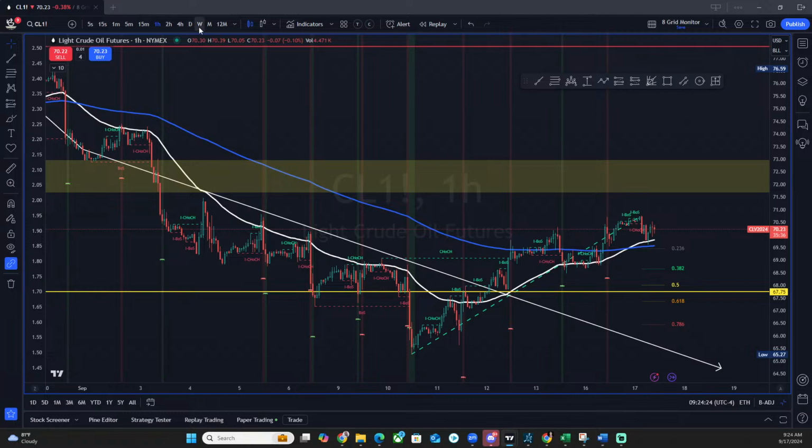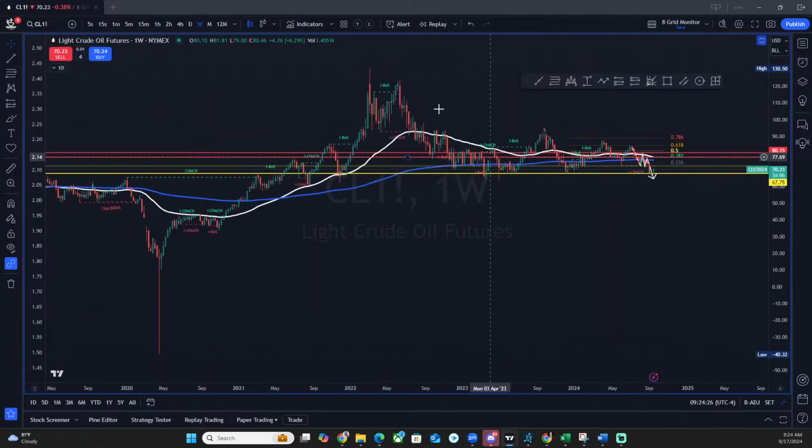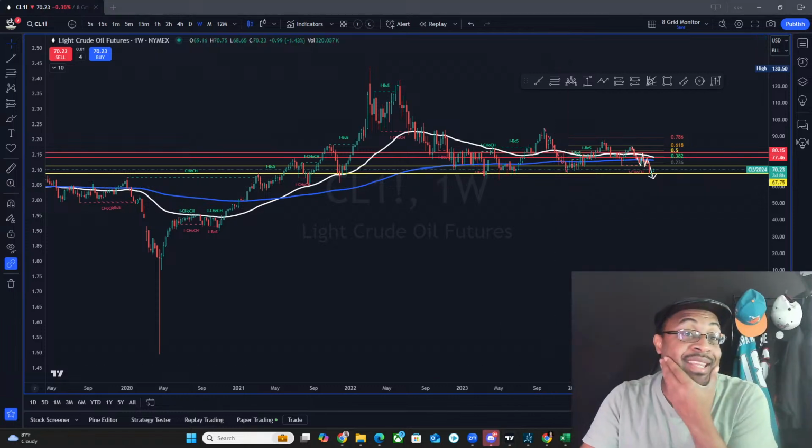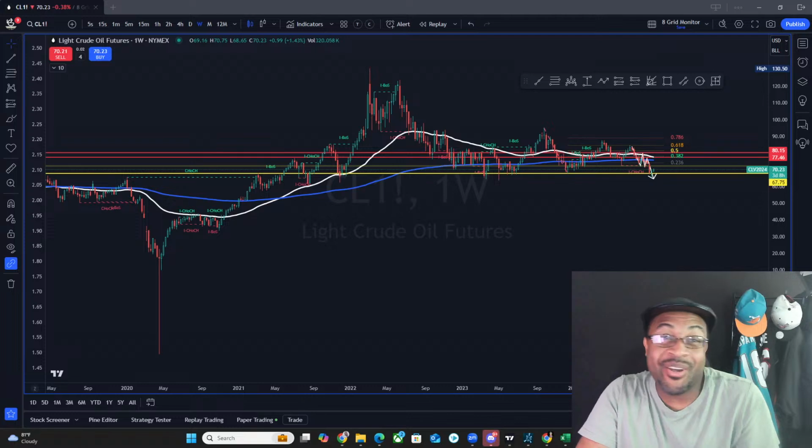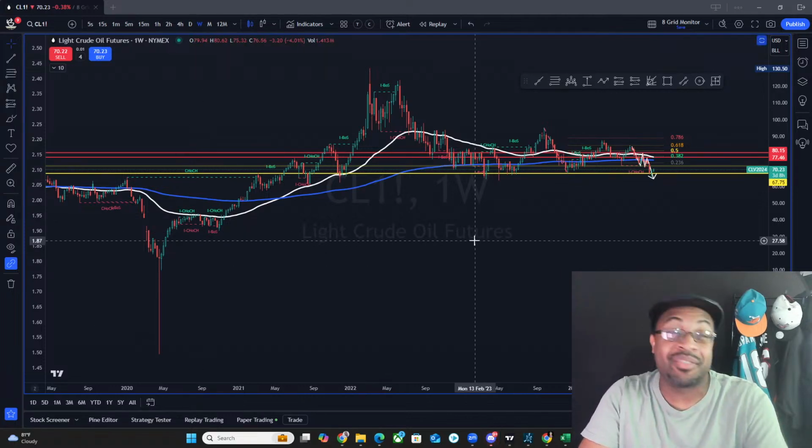If we go over to the weekly, I'll point this out. We've just been in this very annoying sideways consolidation, as high as $94, as low as about 68, and we haven't really tested anything ever since that negative number that happened during the pandemic. So it's very interesting to see what oil is going to do. I'm looking at the level of $61 to be tested a little after the 65, but there is just no momentum to that downside. So this is where we are, and we're just going to have to take the chart that's presented in front of us. So let's keep this going.